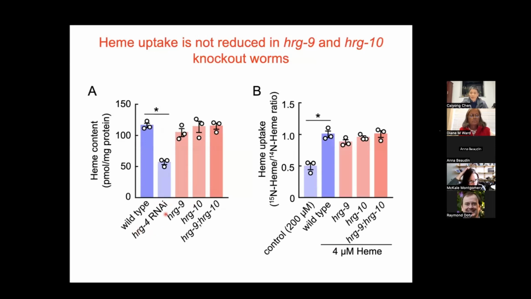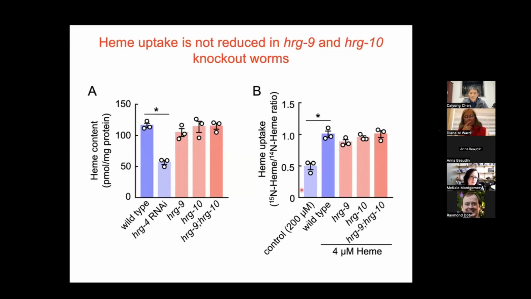So here, HRG4 is used as a positive control. And we further measured the heme uptake using N15 labeled heme. And again, we do not see significant difference between the wild-type worm and the HRG9 and HRG10 mutant worms. So these results indicate that the HRG9 and HRG10 mutant worms have normal heme uptake and normal heme content, and further suggests that the heme deficiency phenotype we observed in the gallium protoporphyrin 9 experiments and the heme sensor experiment is not due